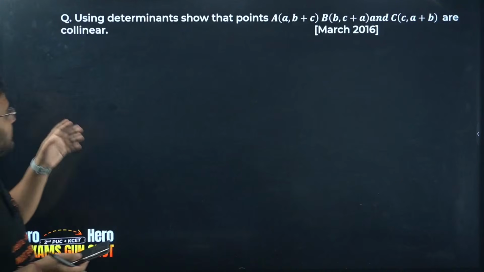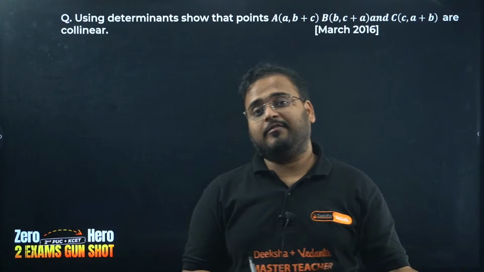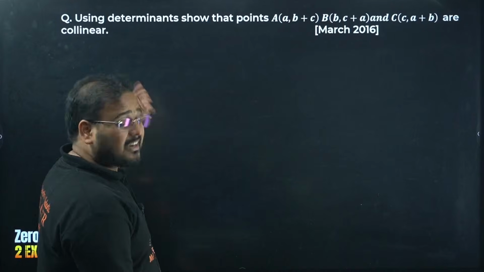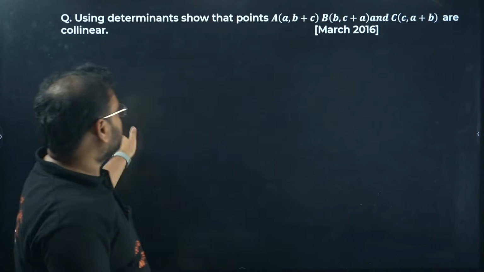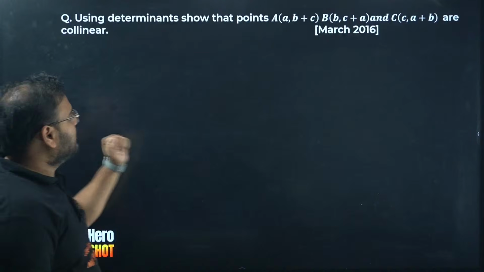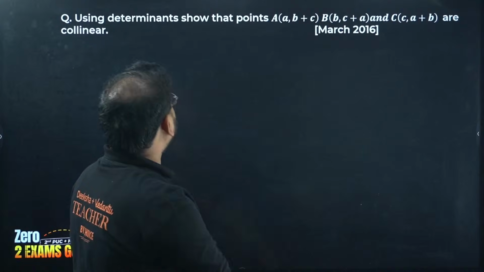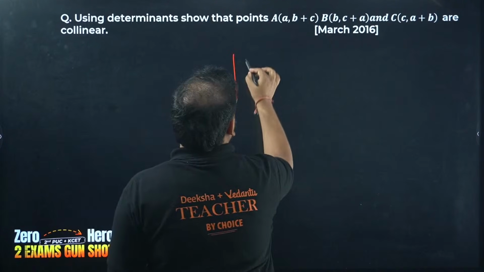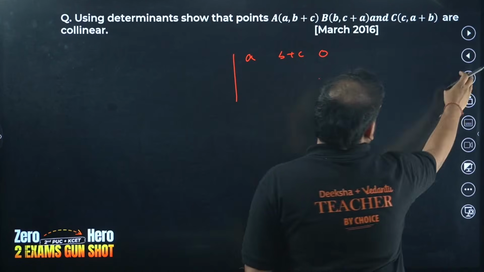Alright. Here are questions on the collinear property of a triangle. I'm not taking many questions on PYQs or PU2 because I've already taken them during the practice session. Today I've taken only 3 questions. First one was this, second one was over here, and third one is this one. Let's solve this using the determinant of the matrix, so that the points are collinear.